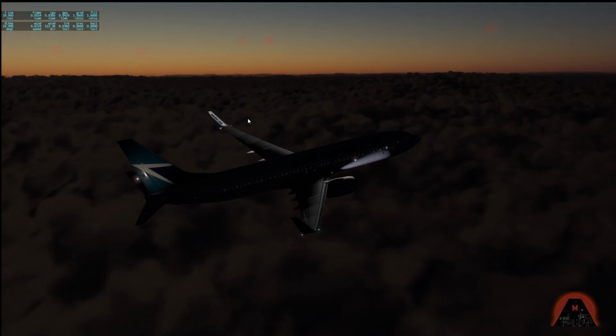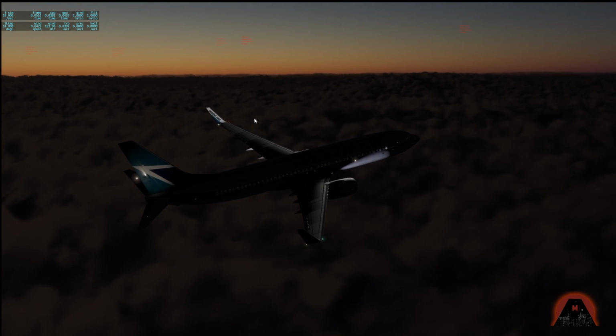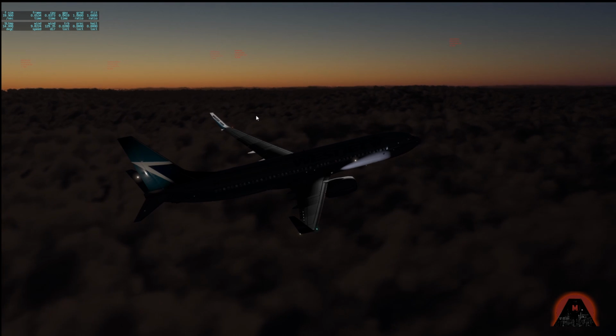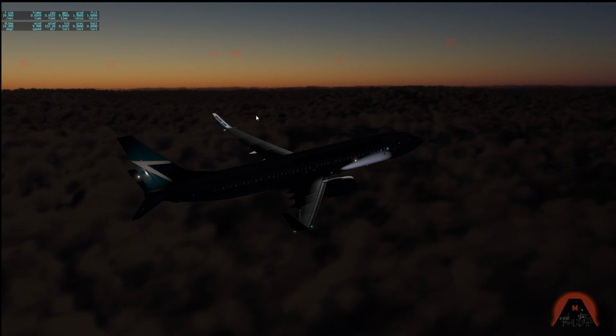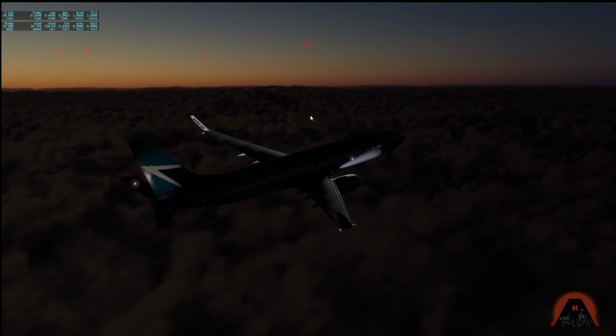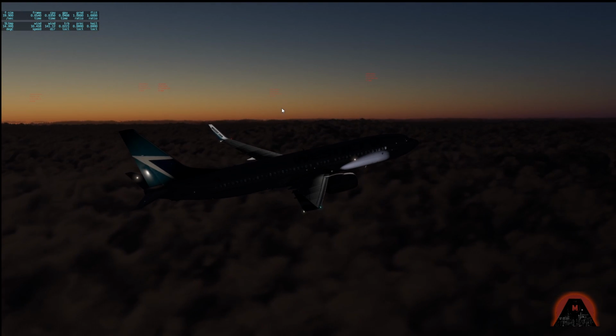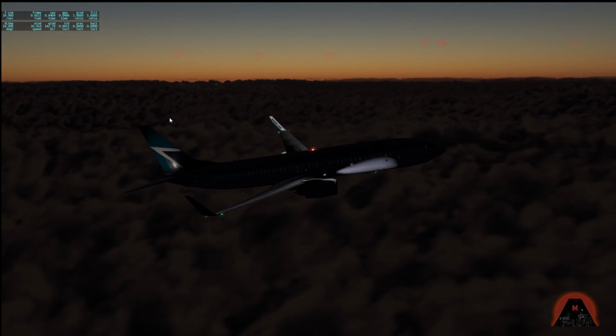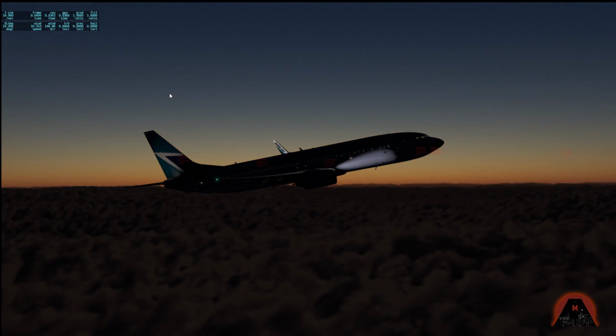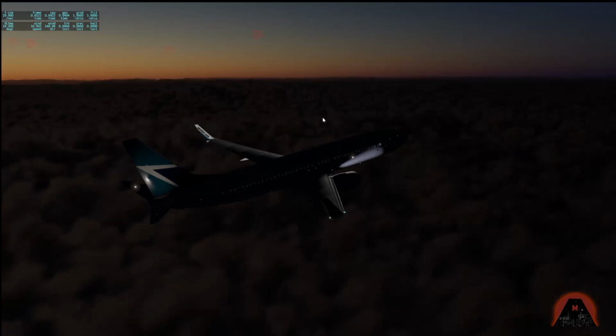And I'll tell you what, this is the most unrealistic thing about this sim: in real life we'd never get off the ground. If we ever flew out of LGA or EWR or JFK, we'd be stuck on the ground for hours. But this is a simulator. None of that stuff exists. Airlines don't really exist here. We can do whatever we want. So yeah, it's nice out here. Flying to